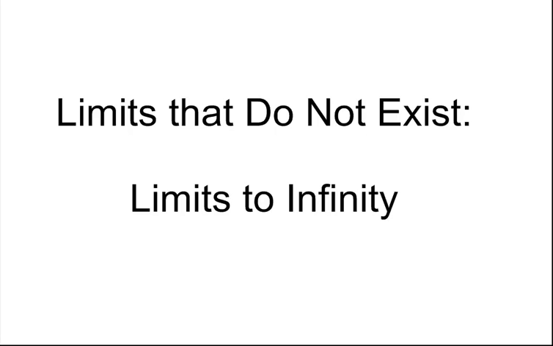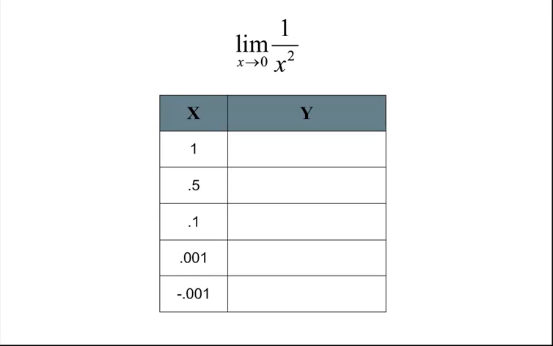We're looking at limits that do not exist, and in this segment we're going to look at limits that do not exist because their answer is a type of infinity. So for example, if we look at the limit as x goes to 0 of 1 over x squared, we